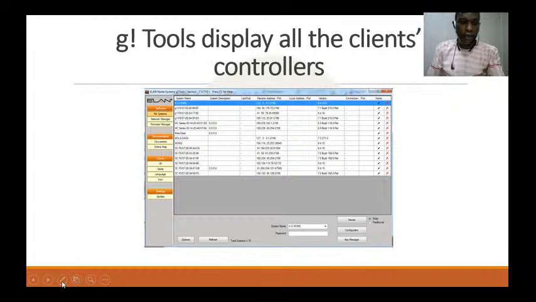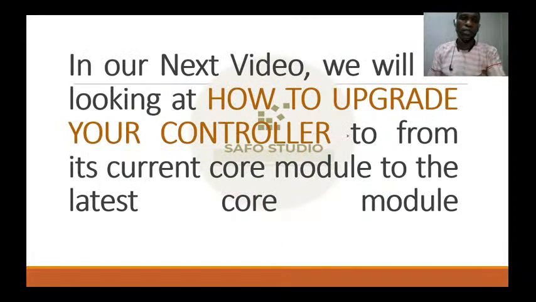Let me pick my pen. You can see this is a different system. This is another system. This is another system. All through down, these are different systems. This one you are seeing on this interface now tells you where this is captured from, the systems that have been used to log into different controllers. So as you are logging into different controllers, you will be having access to this.